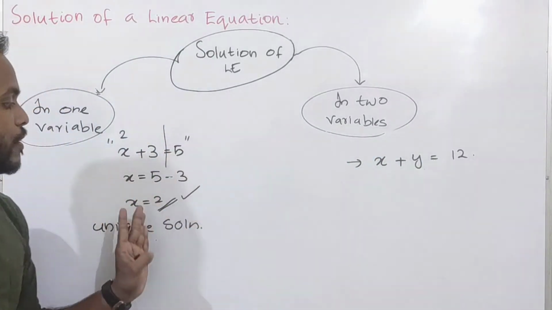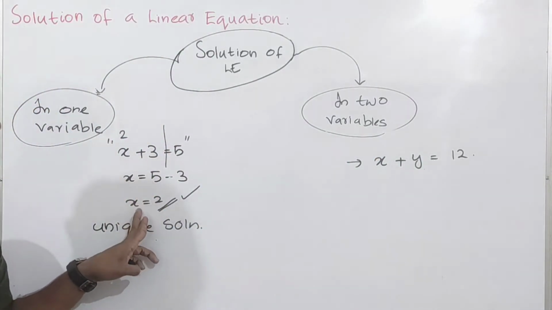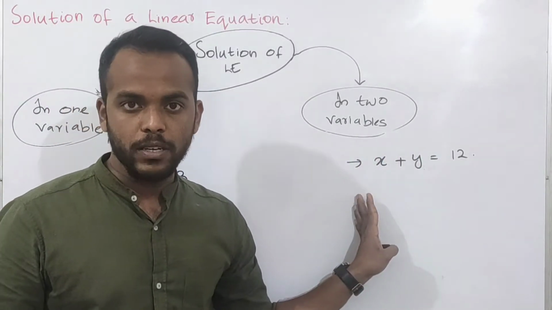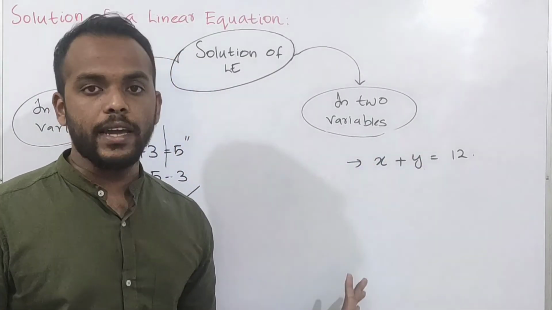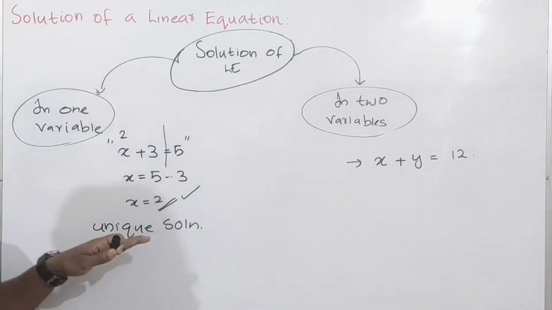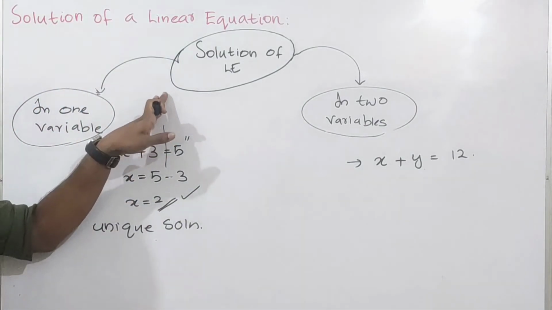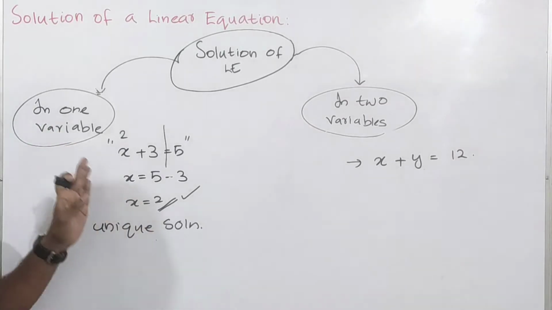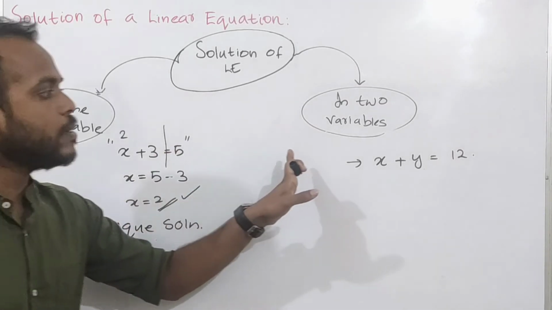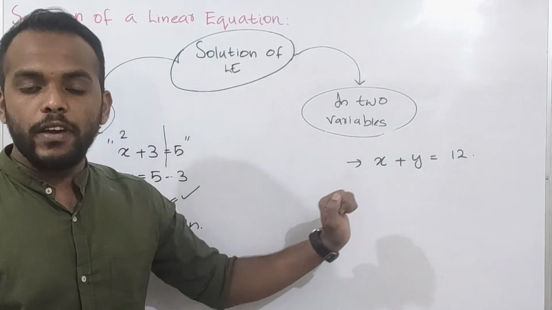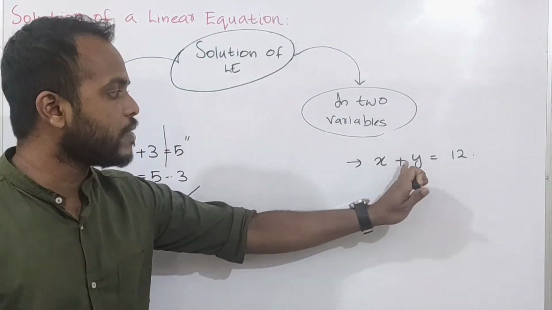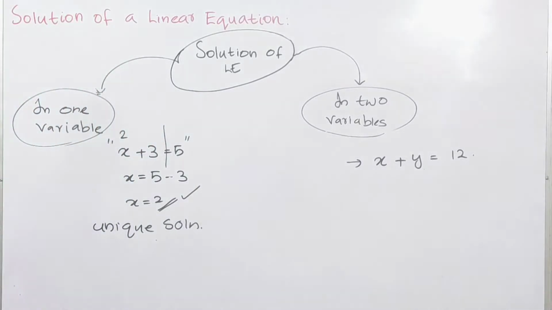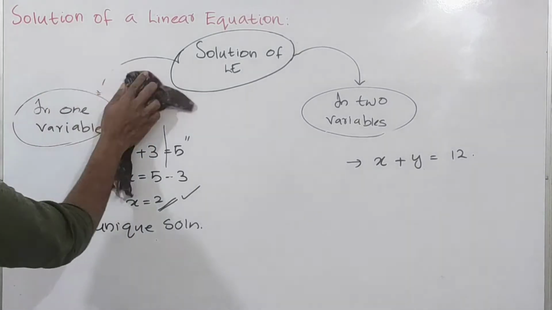Now we want to find the values of x and y. Unlike the linear equation in one variable, where we need to find only one variable, x, here we need to find two different variables, x and y, and we cannot do it the way that we have been doing, the method to find the solution of a linear equation in one variable. It's impossible to apply that here. We find the solutions of this equation in a particular way. Let's see how that works. For that, we need to substitute.